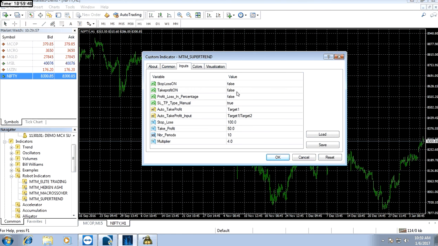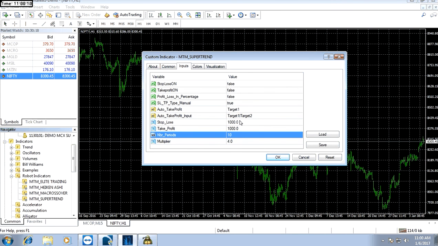Suppose in Nifty we don't want stop loss and target, we want to go arrow to arrow. That means whenever the buy arrow comes we will buy, and whenever the sell arrow comes we will sell. And in that we are giving a target of 10 points and a stop loss of 10 points as well. Okay, sorry, we are not giving stop loss and target in that case.